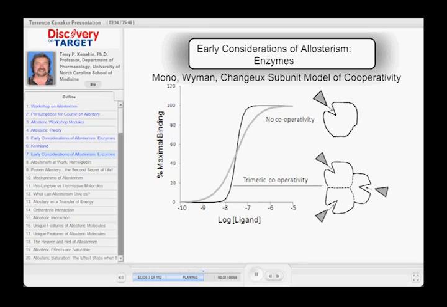The point here is that curve will be different within the concentration range that occurs. The shape's different, and this is what makes allosterism so useful. And it can be the other way as well. It can be